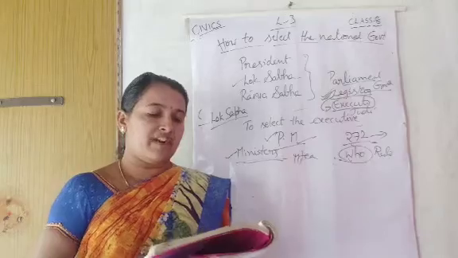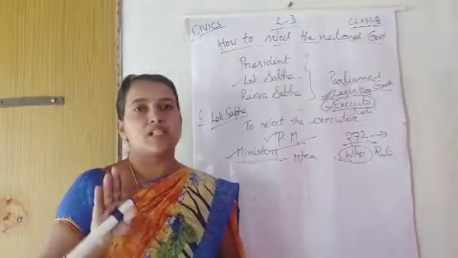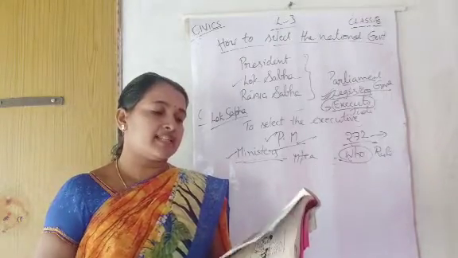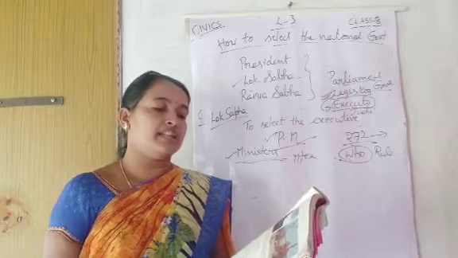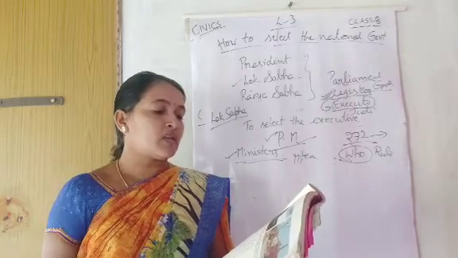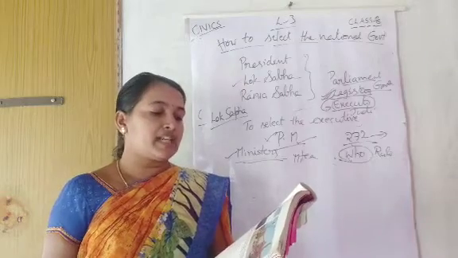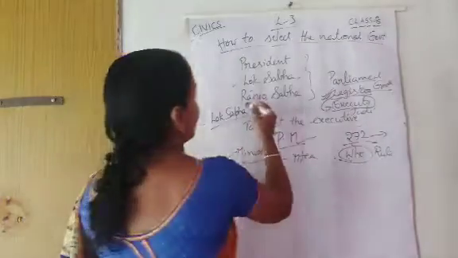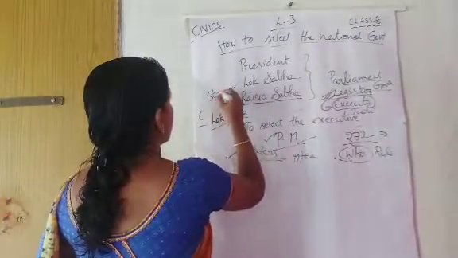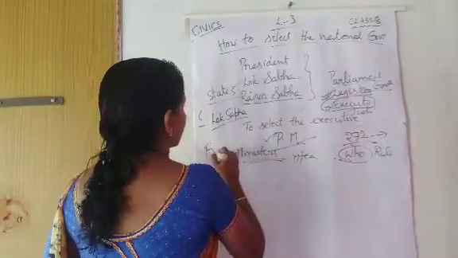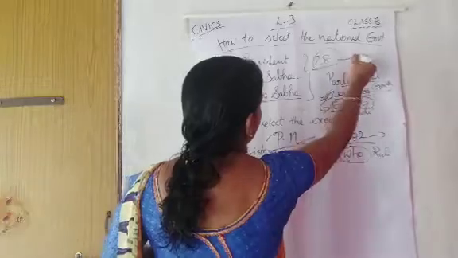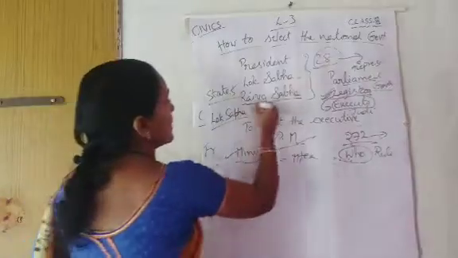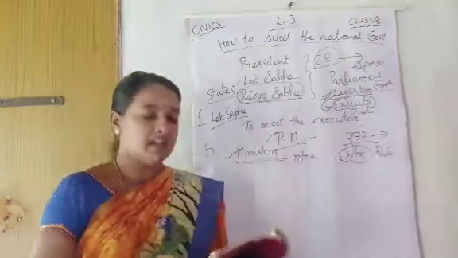Next, so this is the duty of the Lok Sabha, functions of the Lok Sabha. Now let's go to Rajya Sabha. The Rajya Sabha functions primarily as the representative of the states of India in the parliament. The Rajya Sabha can also initiate legislation, and a bill is required to pass through the Rajya Sabha in order to become a law. So here this Rajya Sabha is mainly representatives of the states. Already you know we have 28 states. From these 28 states, all the representatives will be sent to the Rajya Sabha.